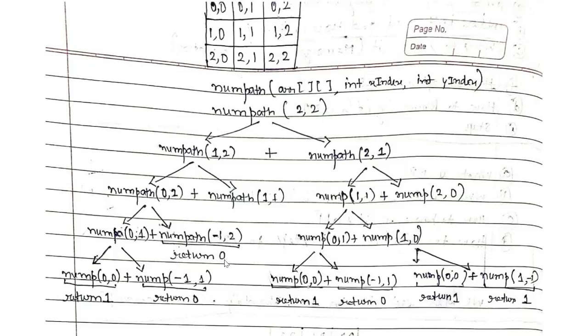What does this 0 signify? This 0 signifies that look, there is no path for this cell from source, and hence I cannot reach 0 2 from source over here. Again, what does this 0 signify? This 0 signifies that to reach minus 1 2, there is not even a single path from source. So if I cannot reach minus 1 2 from source, I cannot reach 0 2 from source via minus 1 2. Again, if you want to understand, just rewind a bit and listen to what I said.